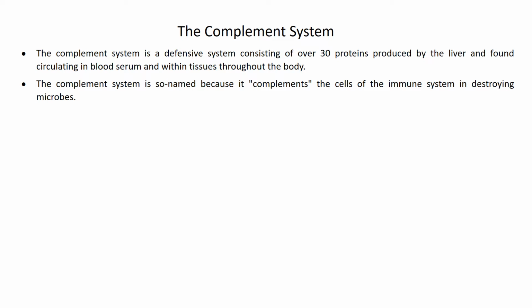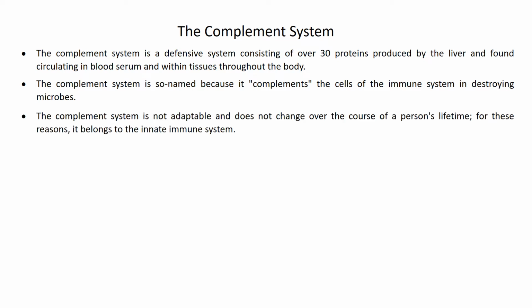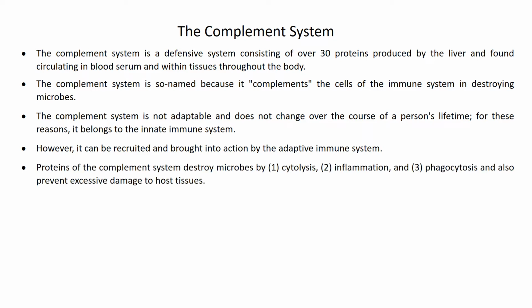The complement system is so named because it helps the cells of the immune system in destroying microbes. The complement system is not adaptable, that is, it does not change over the course of a person's lifetime, and it thus belongs to the innate immune system. However, it can be recruited and brought into action by the adaptive immune system. The proteins of the complement destroy microbes by cytolysis, inflammation, or phagocytosis and thus prevent excessive damage to the host